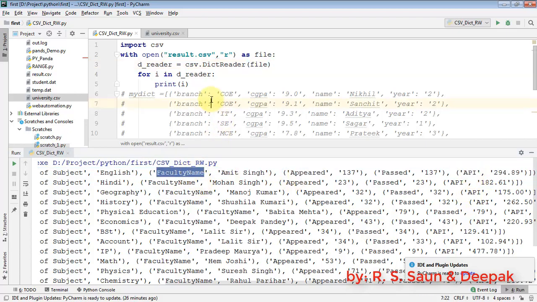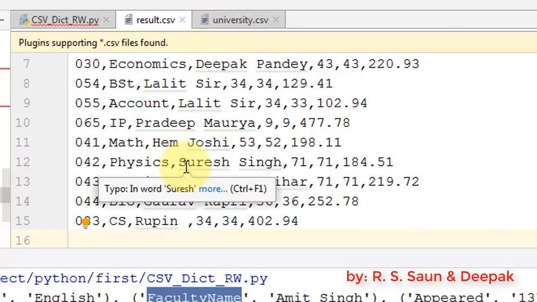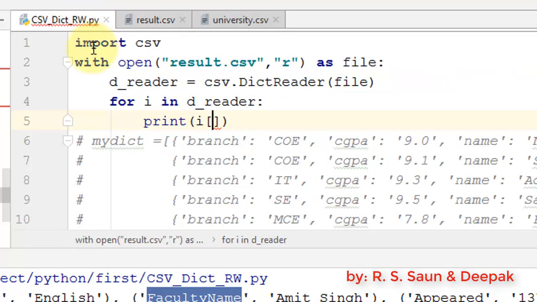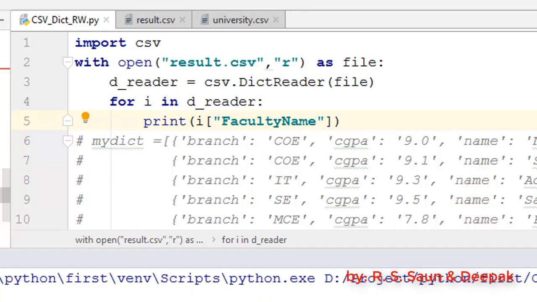So if I want to print only faculty name, I just need to specify faculty name, because it is really very difficult, by seeing this CSV file, to know what the columns are and what the column number is. So if you see this, now you have to count 0, 1, 2 and 3. So in normal reading mode, normally we have to pass 3 to the list, but here I can simply specify the name of the key. Okay, and let's try to do it. See, it's really very simple.